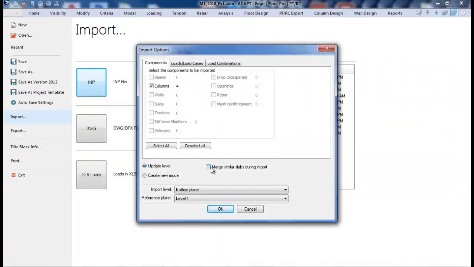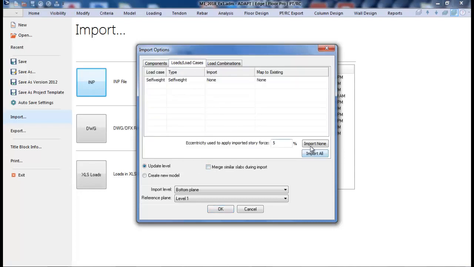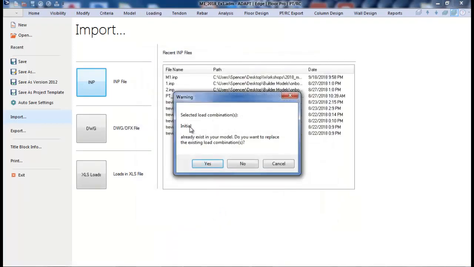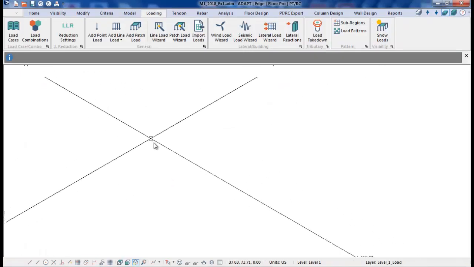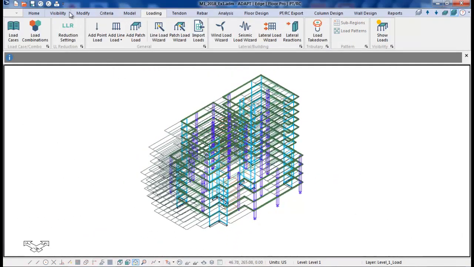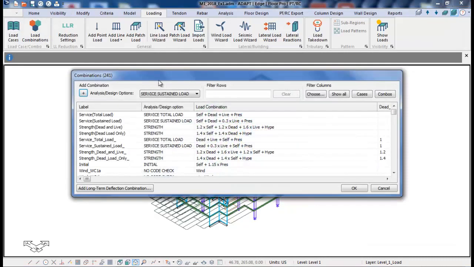I don't want to create a new model, and I'll deselect the components. I'll import none of the load cases, but I will import all of my load combinations. And we'll say OK. And this tells us that we have a combination that already exists in the model. Do we want to override and replace it? We'll say yes. I'll go back and just show the model. And going back to load combos, you can see that the load combination list grew from 5 to 200 plus